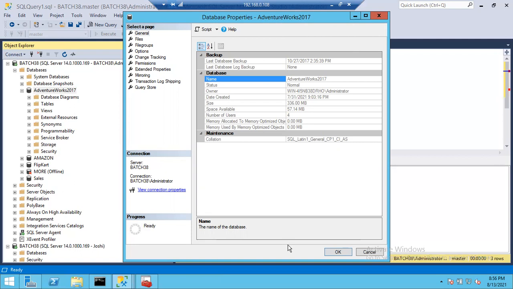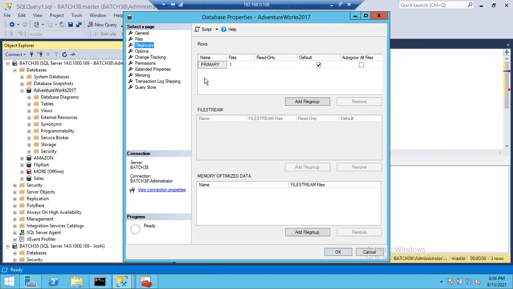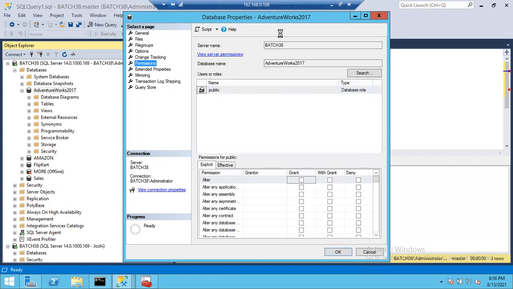No, file groups. Naresh, go to permissions. Permissions. Okay. Yes. Here.